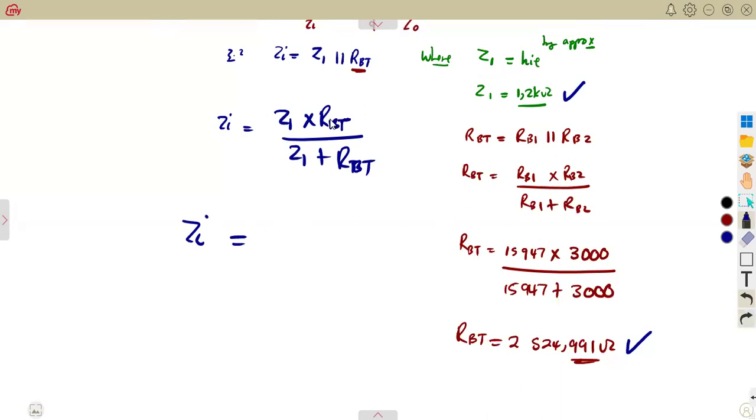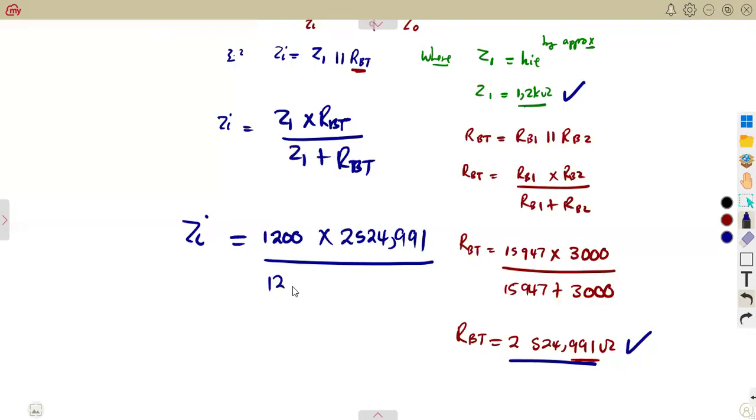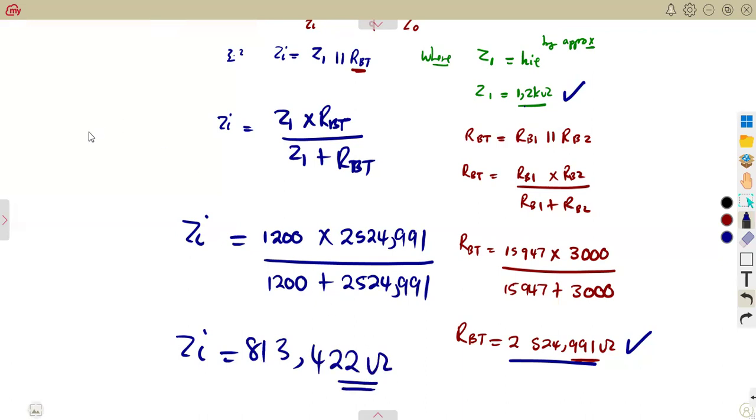So Z1, that is 1.2 kilo ohms, which is 1,200. So that's 1,200 times RBT, which is 2,524,991, over the sum, 1,200 plus 2,524,991. So that is going to give us the input impedance of 813,422 ohms. So I want you to relate with your question papers, work out as many question papers in simplification